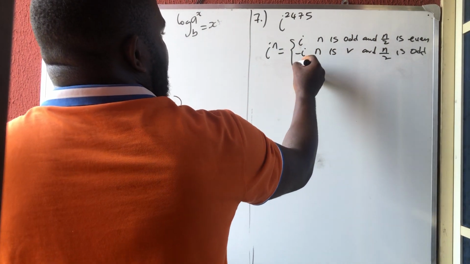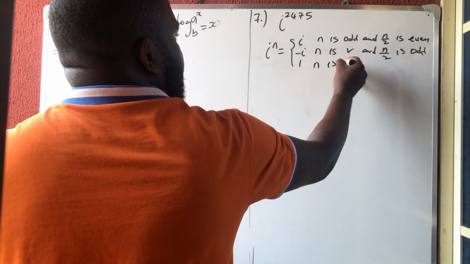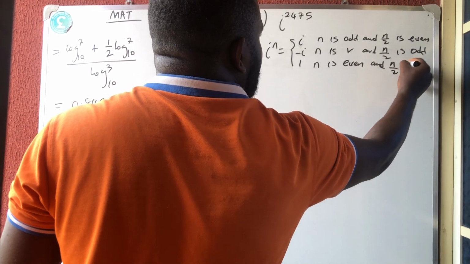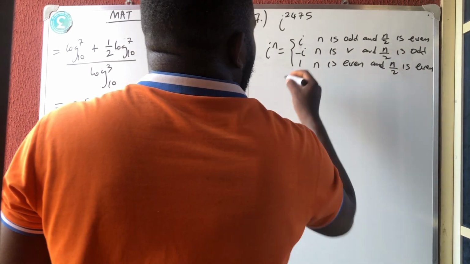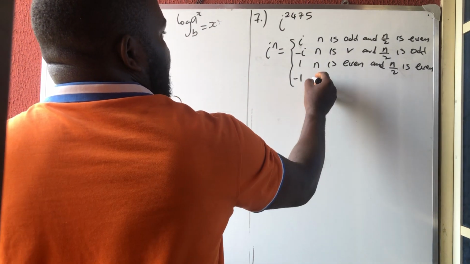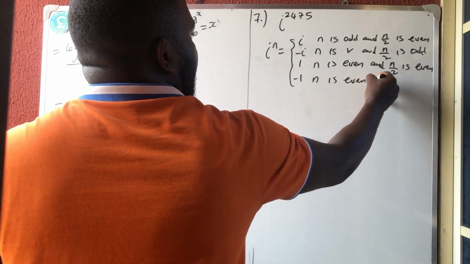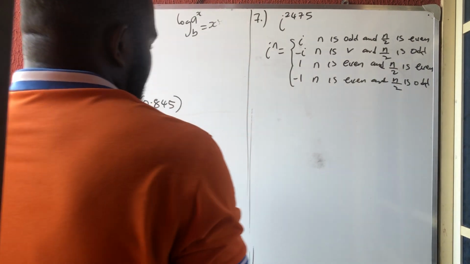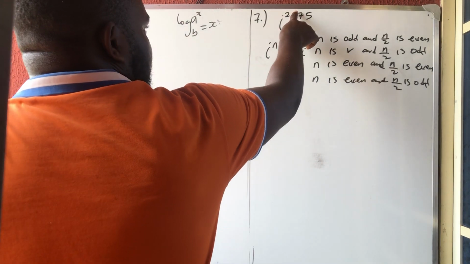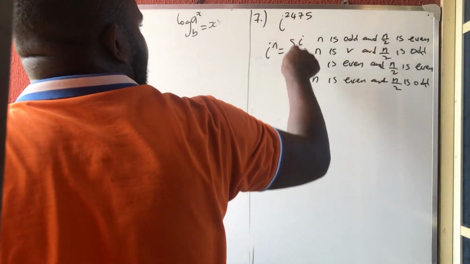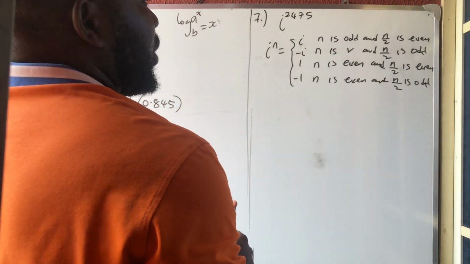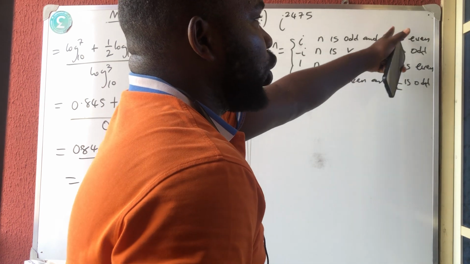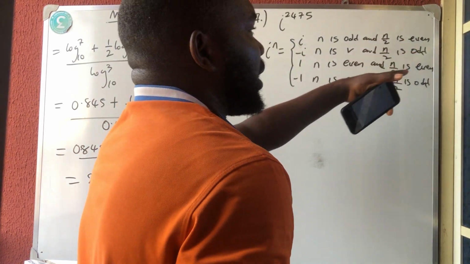Then it will give you 1 if n is even and the whole number part of n over 2 is equally even. But it will give you minus 1 if n is even and the whole number part of n over 2 is odd. So if it is even, I'm expecting a number, but if it is odd, I'm expecting an alphabet. Then how do I know when to choose the negative and positive? By dividing it by 2. The whole number part of half of it, if it is even, I'm taking positive, but if it is odd,